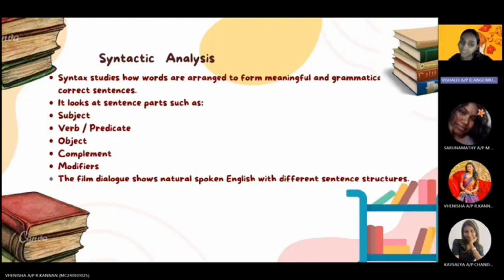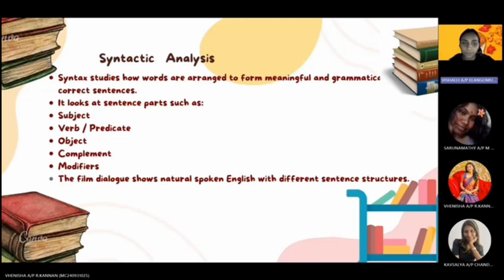This includes the subject, which is the person or thing doing the action. Then the verb or predicate, which tells us the action. Next is the object, which receives the action. We also have complements which give us more information about the subject or object, and modifiers which add extra detail to make the sentences